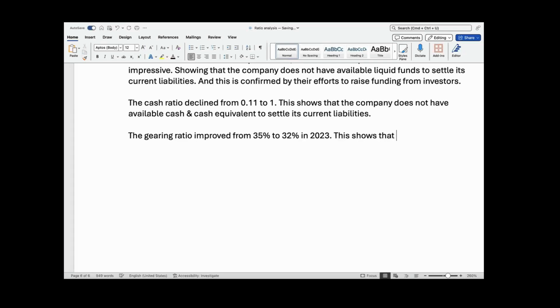This shows that the company is exposed to very little financial risk, is exposed to an insignificant financial risk, and